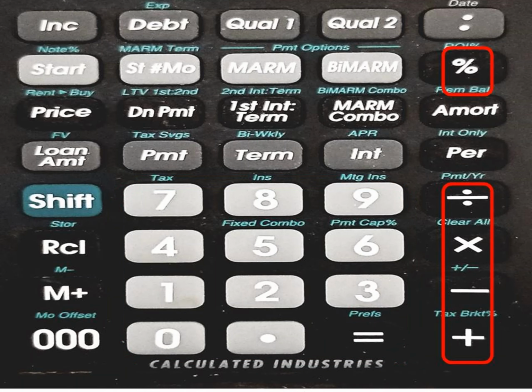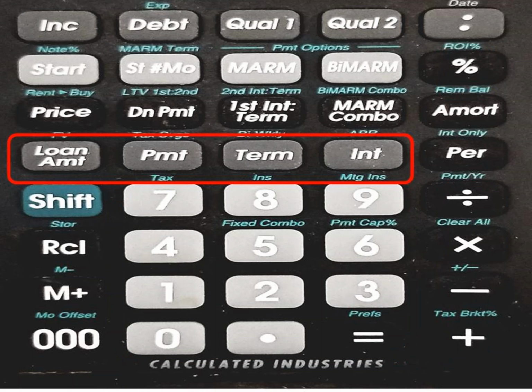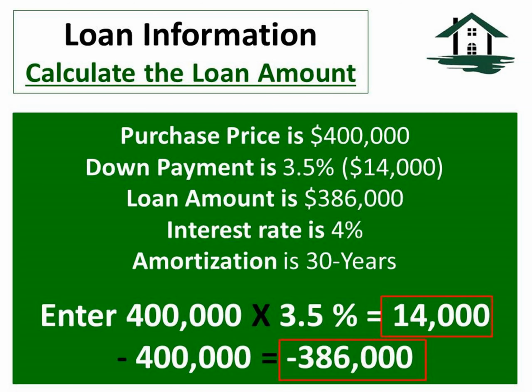Your basic mathematical symbols: the percent key, division, multiplication, minus, and the plus sign. And finally, the loan function keys. So let's get started. First, we need some basic information about the purchase price, down payment, interest rate, and amortization